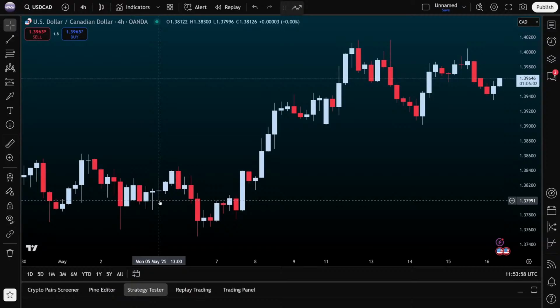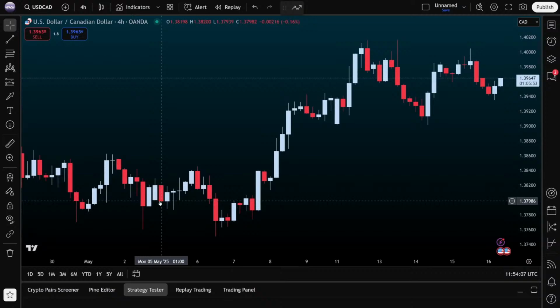My purpose is to make money out of this, right? So I need to decide, looking at this, what can happen? What are my possible scenarios going forward with the USD CAD chart? And this applies to any symbol. My idea is not to analyze this particular chart. My idea for you guys is to